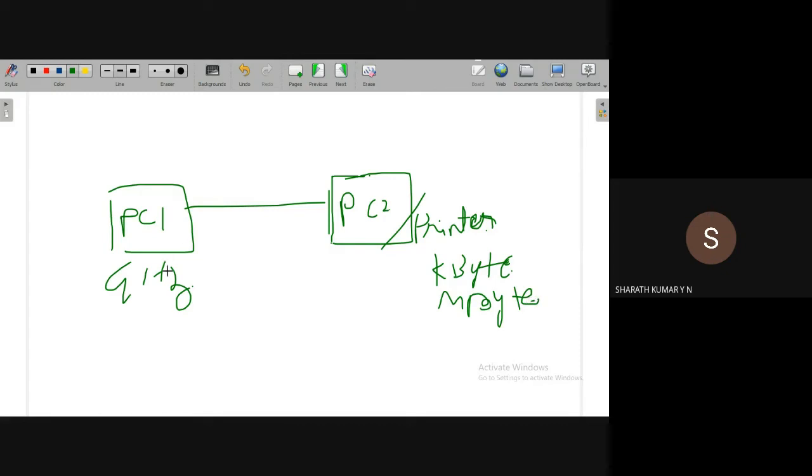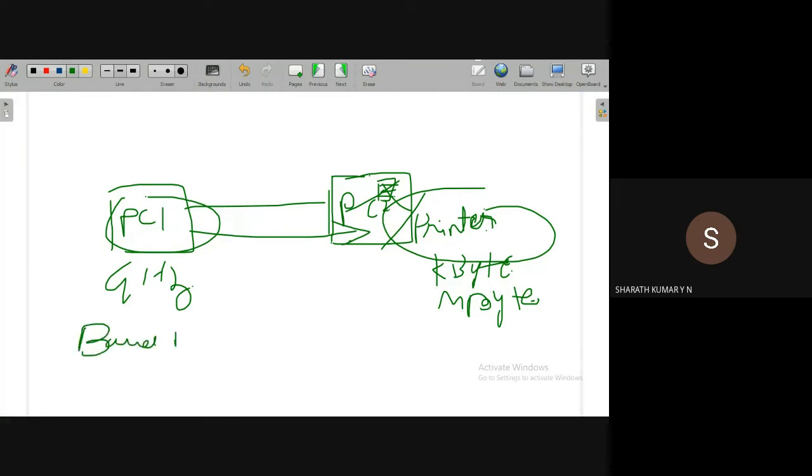So what will happen is this PC is sending the data very fast, and the printer cannot receive the data, it will lose the data. The printer has a memory. It will store the document sent for printing. If data is transmitted erratically, it will lose the data. That is not possible. So there should be some matching speed, which is called the baud rate. That we'll discuss next.